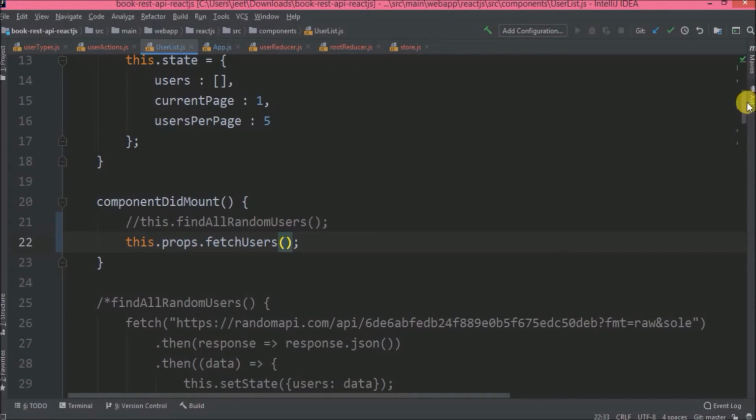So the answer is using props. Here, this is just a sample project, but in real time scenarios, there could be 100 subcomponents, then it is very difficult to maintain. So to resolve this issue, Redux comes to picture. So now using this, you can fetch users anywhere you want. Now this is not enough. We need to add something else also, where we will declare this fetch users props.